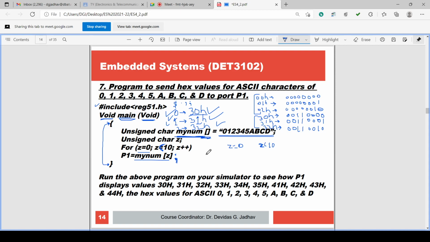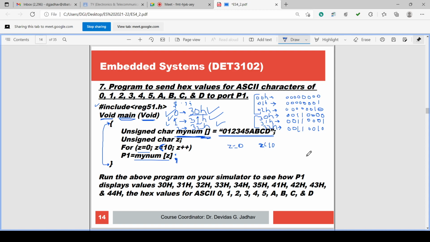Now how to access a particular array element? Suppose you want to take into an equation or calculation the first array element, or second, or third array element.